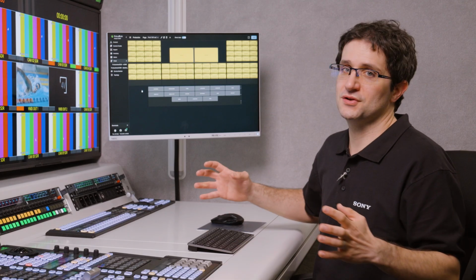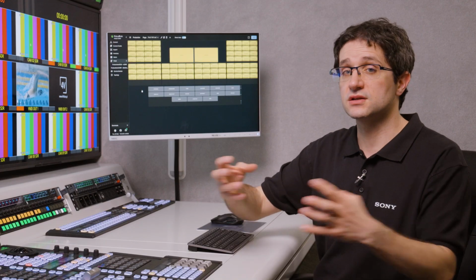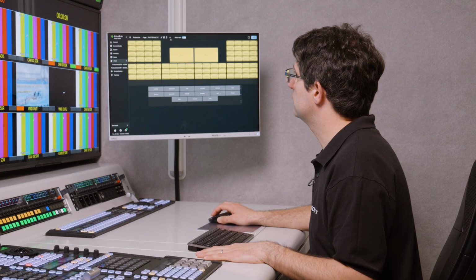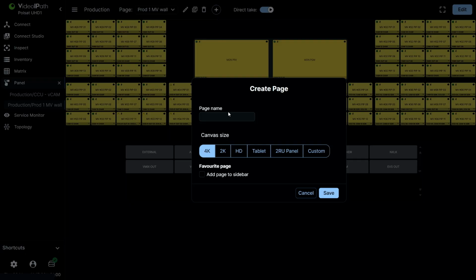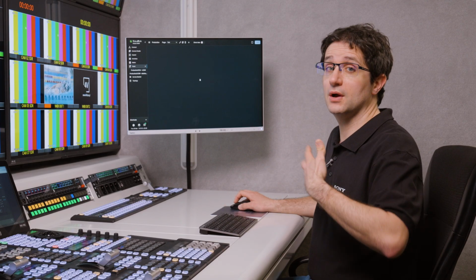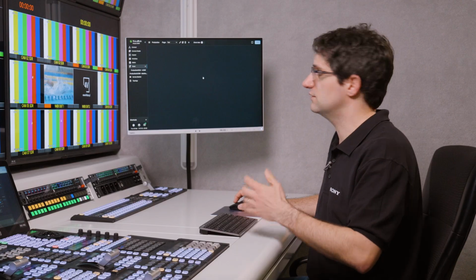But that doesn't answer the important question. How do you create and customize your own panels? So let's explore that functionality in a bit more detail. First, pressing the plus icon here, and let's call this one test. And press save. This then generates us a blank canvas to start adding a variety of different pieces into this